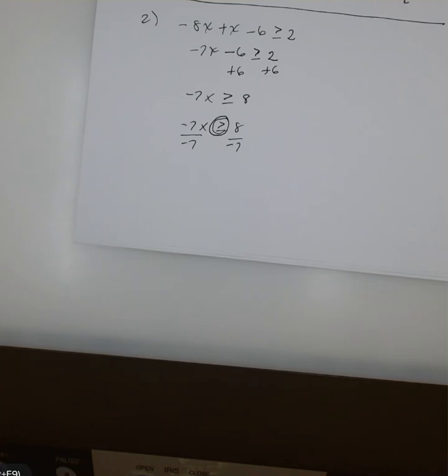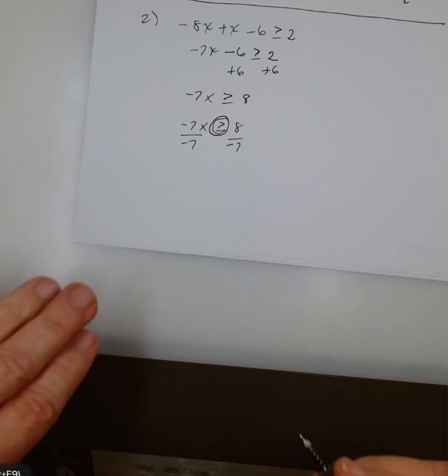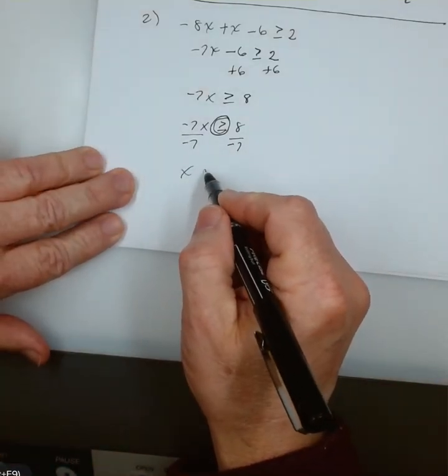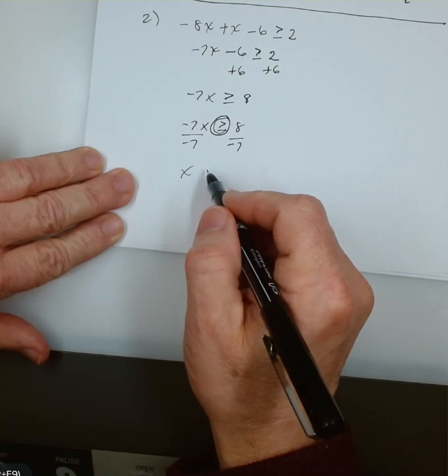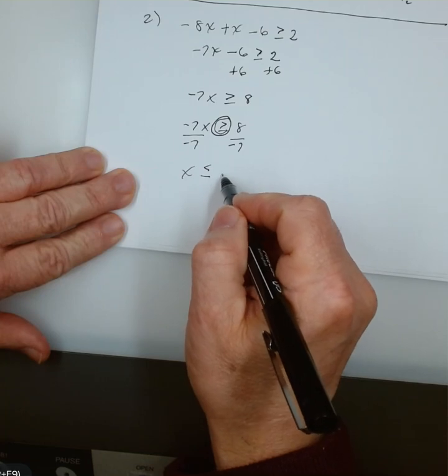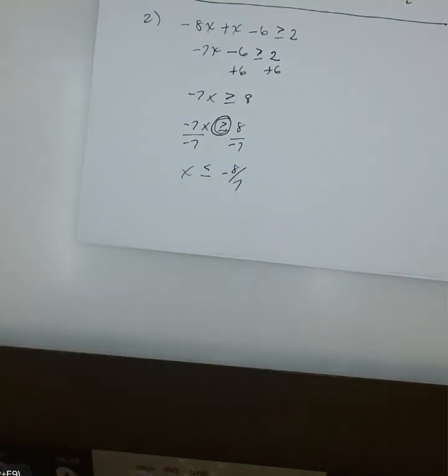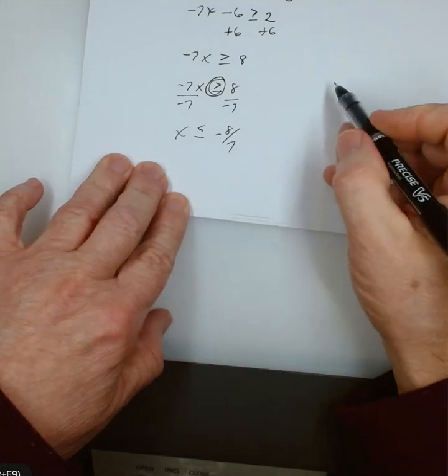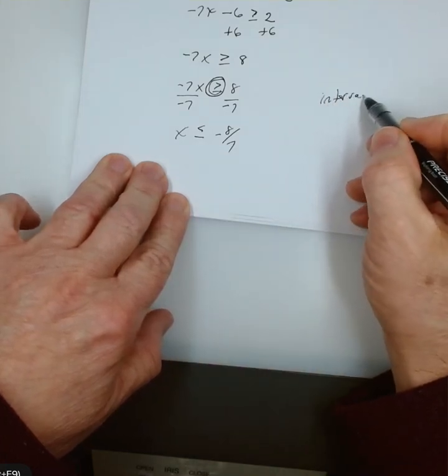So then your solutions would be x is any real number that is what? Less than or equal to negative 8 over 7. You reverse the inequality symbol. Greater than or equal to becomes what? Less than or equal to. And then you do it just like you did the previous one. So in this case, you have an equal-sign solution. So in terms of interval notation,